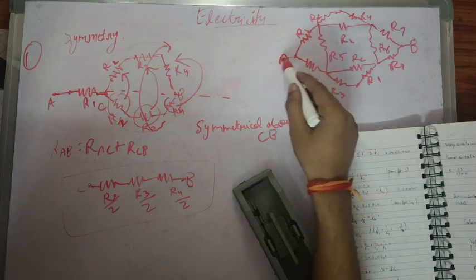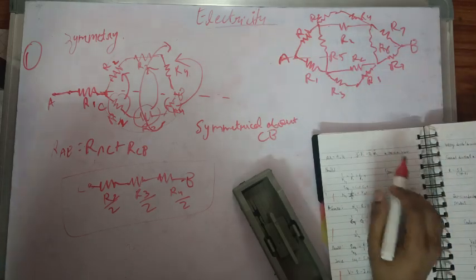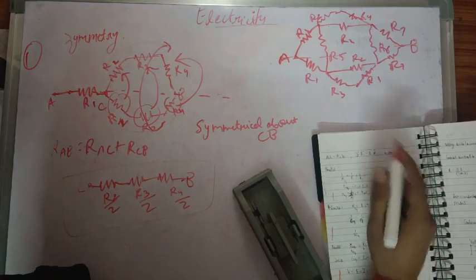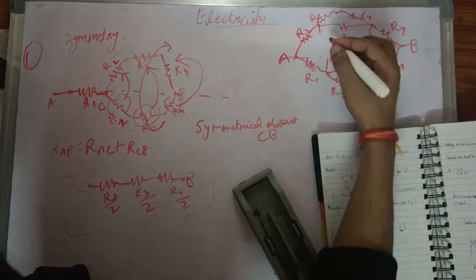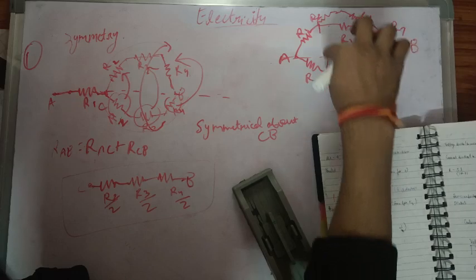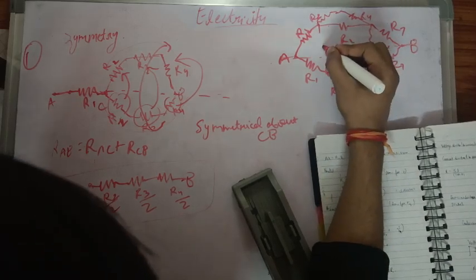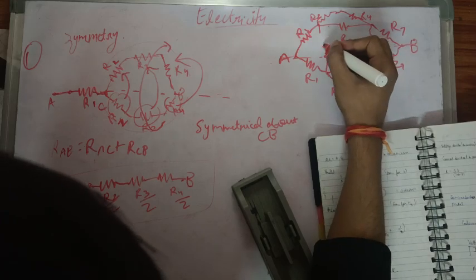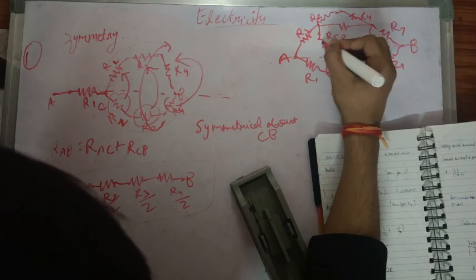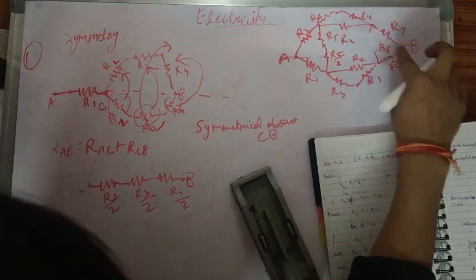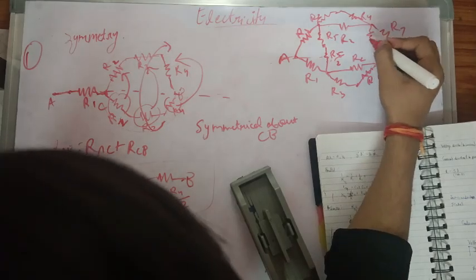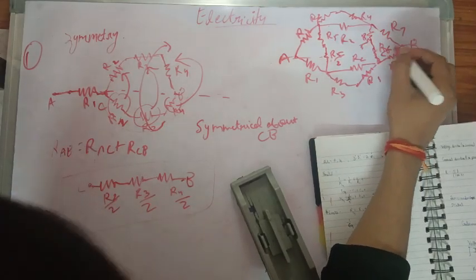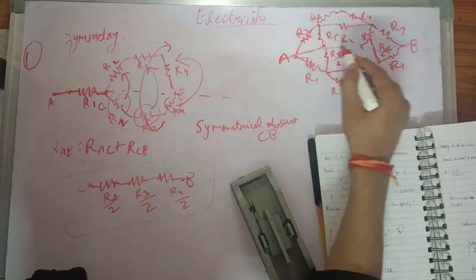So if we see along this AB line, if I divide this resistor R5 into two parts, I will get R5 by 2 here and R5 by 2 here, and dividing this R6, we will get R6 by 2 here and R6 by 2 on this side. So joining from this mid part,